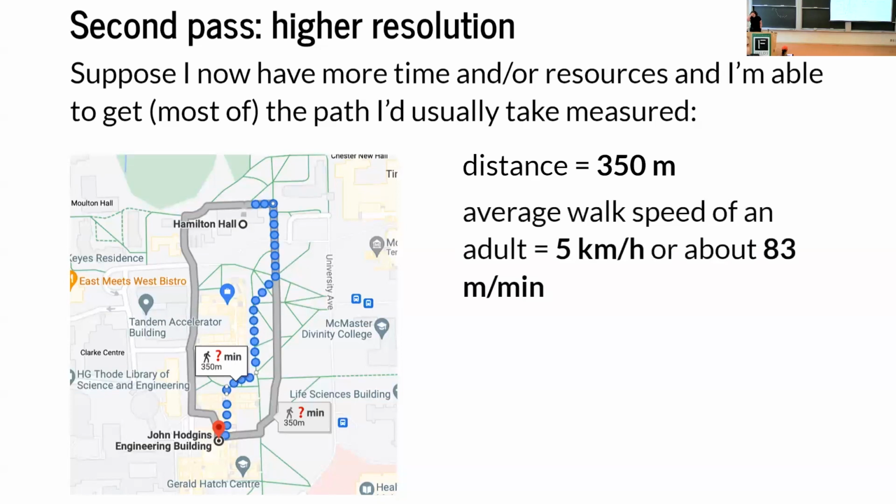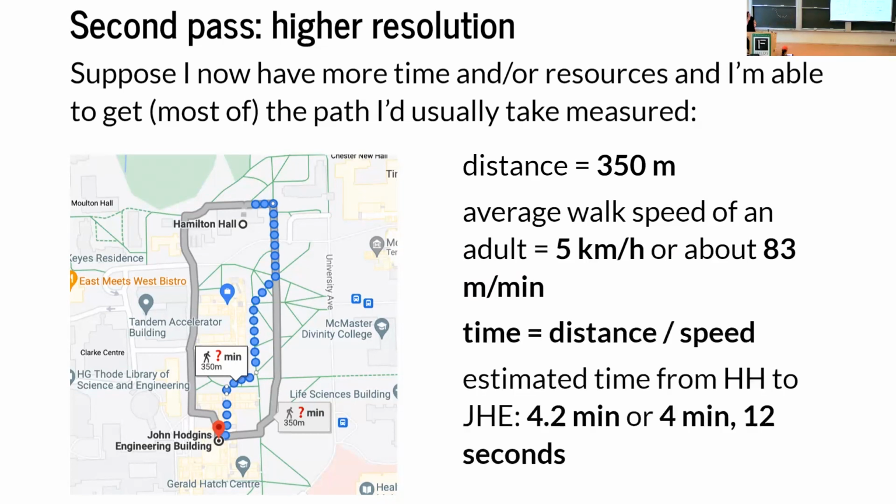And I know that adults on average walk about 5 kilometers per hour, and maybe it's a little bit more than that, but I feel like I'm a speed walker, especially when I'm nervously going to lecture, like, oh, what am I going to talk about today, right? But let's just say that's about an estimate there. I convert the units to make sure everything works, and I know from physics that time is distance over speed. There's my model. There's a little math for you. So my estimated time is 4.2 minutes, or 4 minutes and 12 seconds.